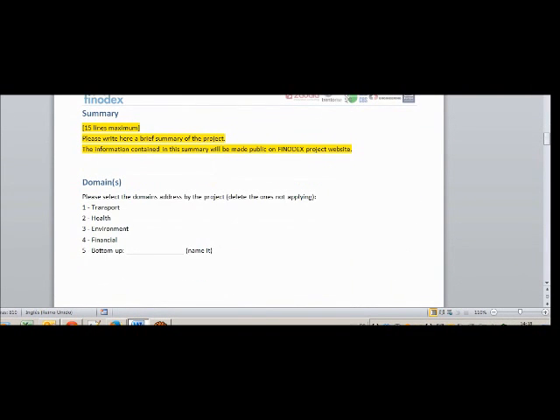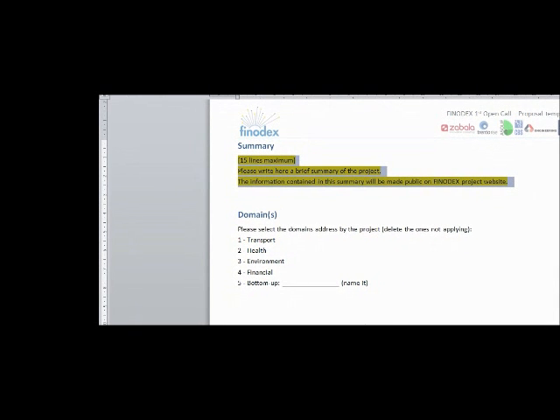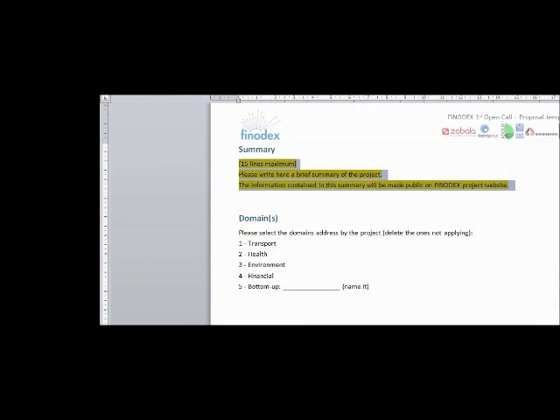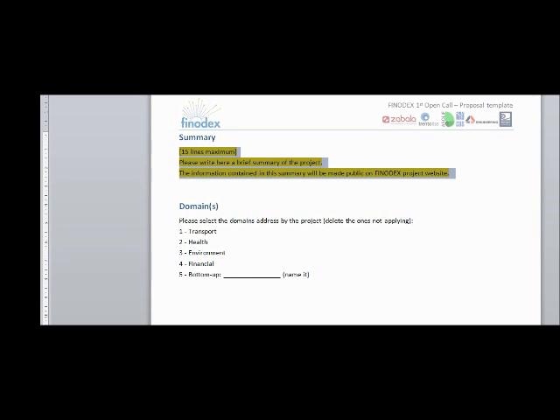Entering into the material, we have the summary, which would be a maximum of 15 lines, and this summary is very important. The things that you write in the summary will be published, and it will be the first thing that any reviewer will check. Be concrete, try to clarify what you are doing and what you are going to sell and what the project